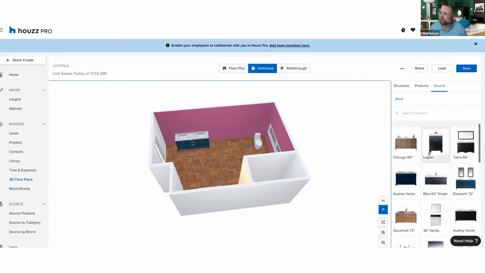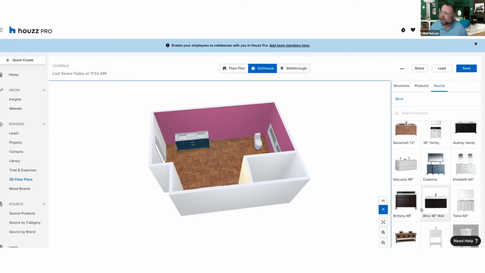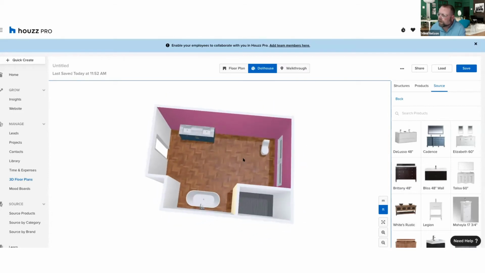And with Houzz, there's so many products available to you. So that's why I really come in here. Again, it doesn't have to be the exact one. If they're going for a farmhouse bathroom, then choose a farmhouse style, really whatever works for you. The great thing about this is, when you're ready to collaborate with your client,